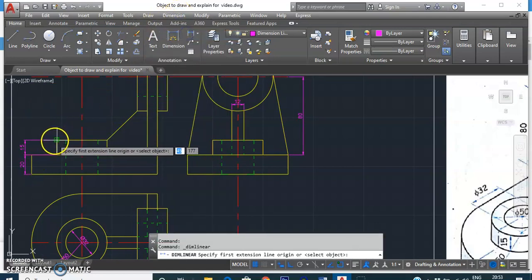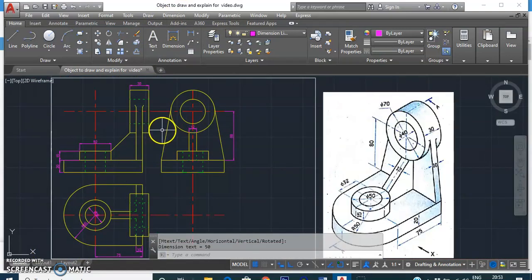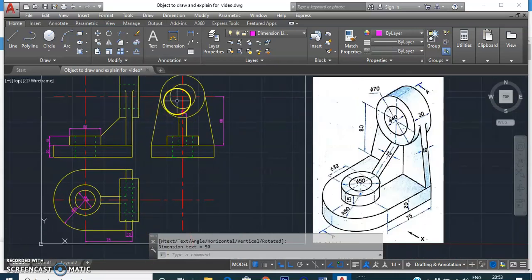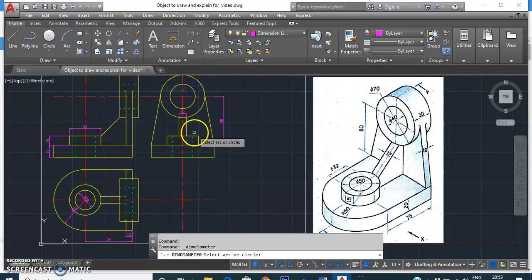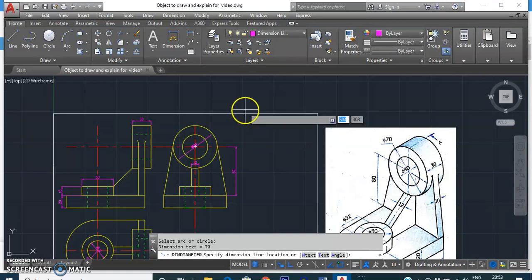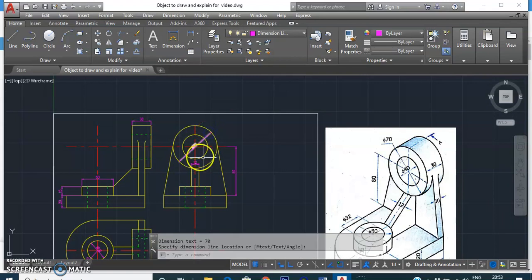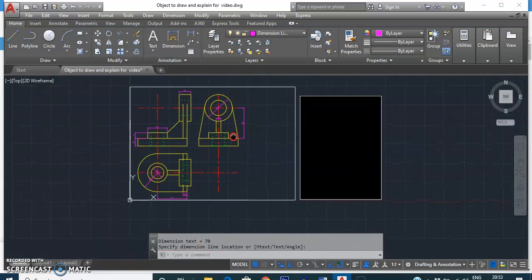That will be a linear dimension, 50. Okay, then next is your diameter dimension for this, like this. So that's all from the dimension side. I guess we have done with all this.